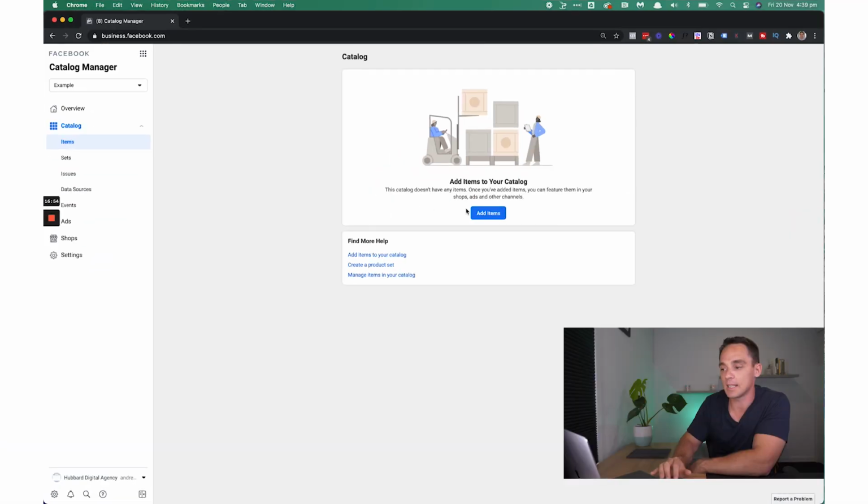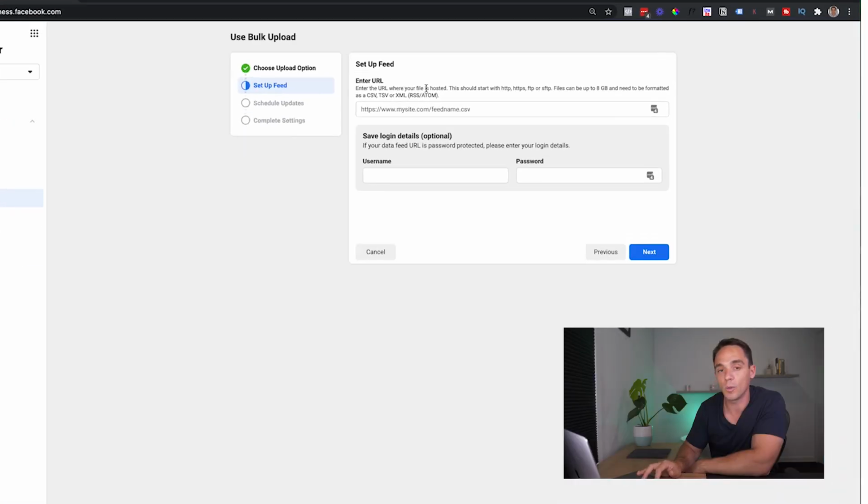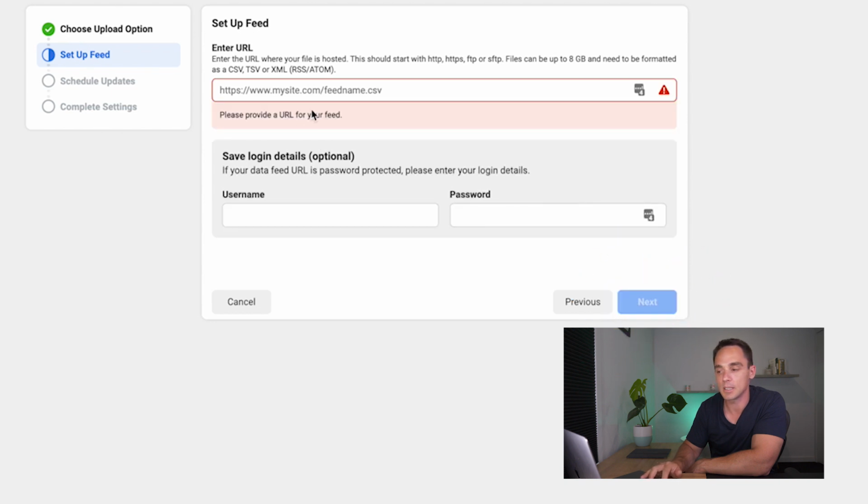Now, the other way to set these up, if you go to add items here, we can also do the bulk upload option, click next, and you can schedule a feed. So I'm just going to walk you through that quickly now as well. So here is if you do have, as I said, a setup where your e-commerce platform outputs your catalog into a feed on a regular basis, then you can set this up. So you just simply put the URL where your feed gets pushed to, and then if it's got a login and password, then you simply enter that detail here. After that, you can click next, choose the time to schedule your updates. So I'm going to just enter some dummy data in here.